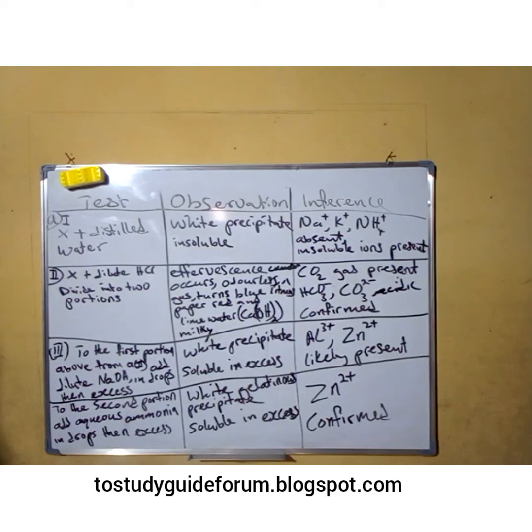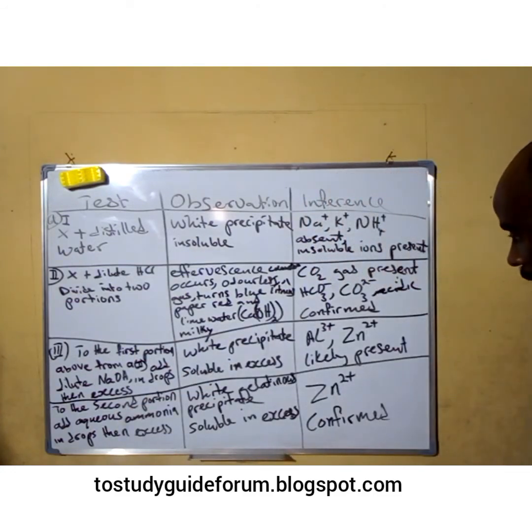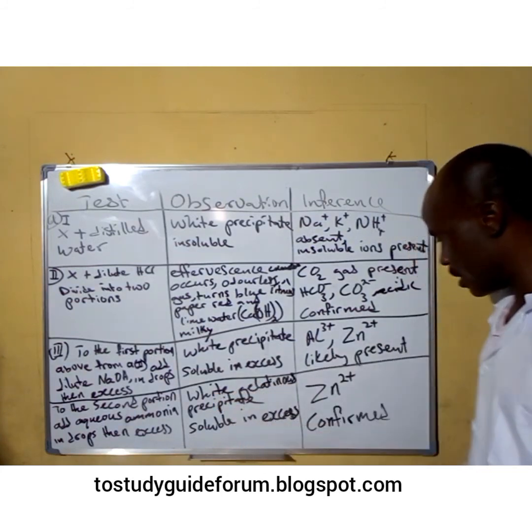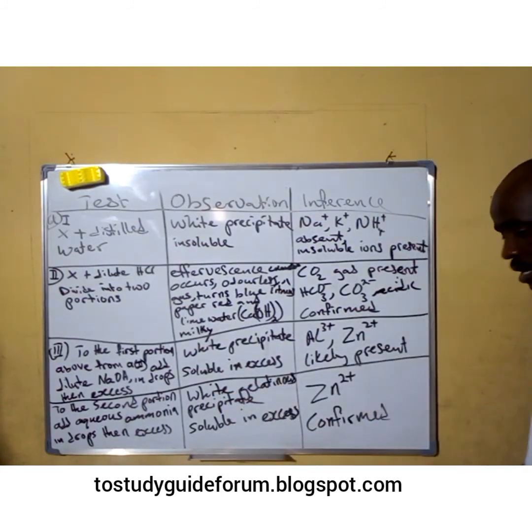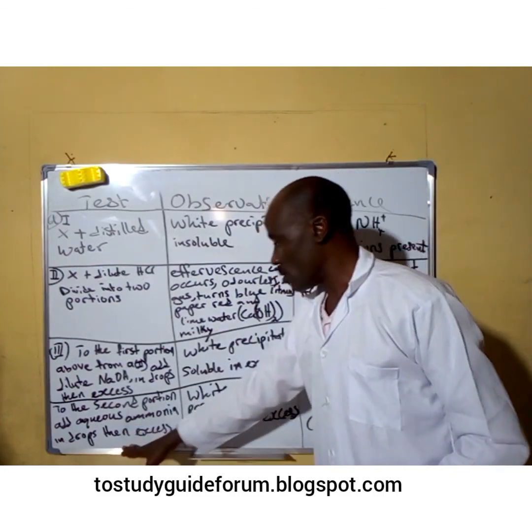So in the second portion, we add aqueous ammonia. What we observe there is a white gelatinous precipitate soluble in excess, making it possible for us to confirm zinc. Now, looking at this, one thing is sure, you know that aqueous ammonia in aqueous